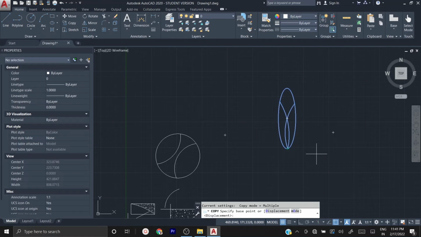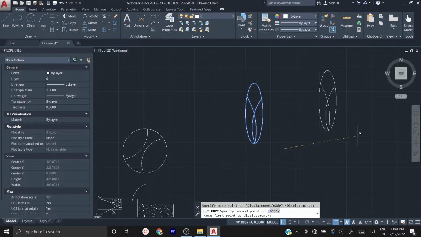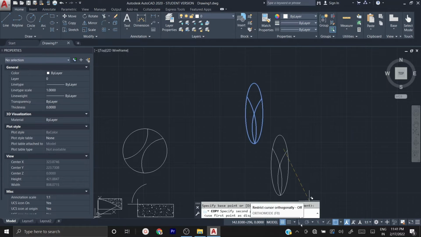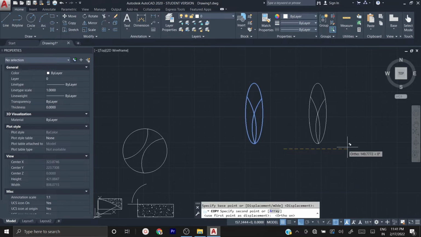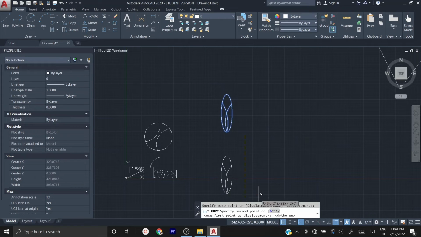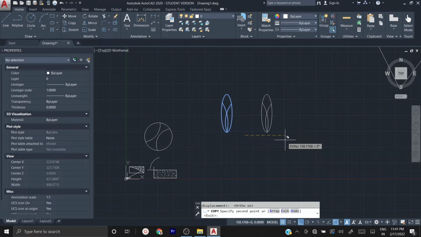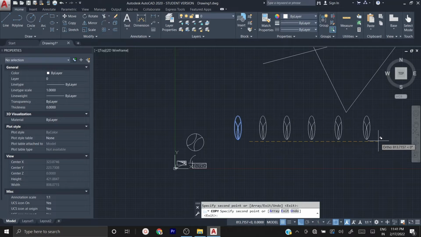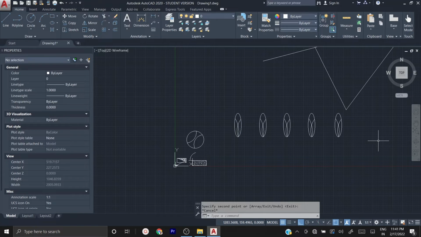Suppose I can even select the base point here. With this base point, I am going to copy the object. If I want to copy only in the horizontal way, then I can go here and switch on the ortho mode by clicking, and then only horizontal and vertical movement is possible. I can move horizontally, then click. See, the command has not yet ended, so I can even click multiple times. Then you press escape, so you will get out of the command. So this is the second modify tool, that is copy.